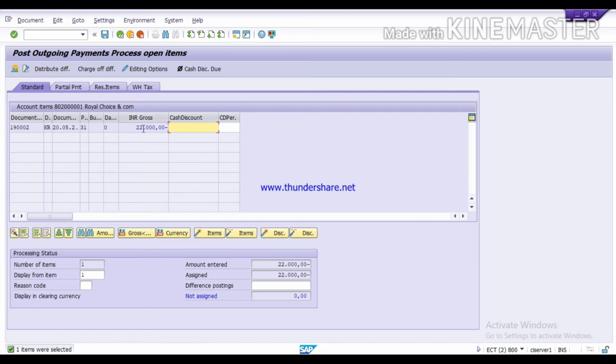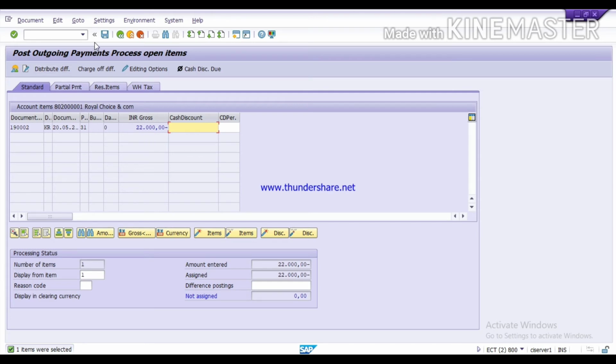Here it has selected this amount. You can see the entered amount is 22,000, the assigned amount is 22,000, and the balance is 0. If the balance is 0, then it can post the entry. So it is correct, you can check it here.